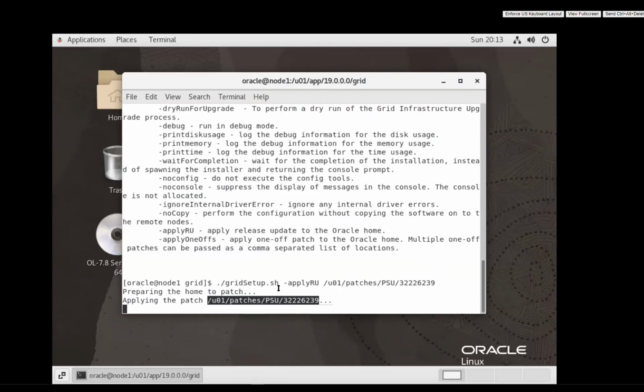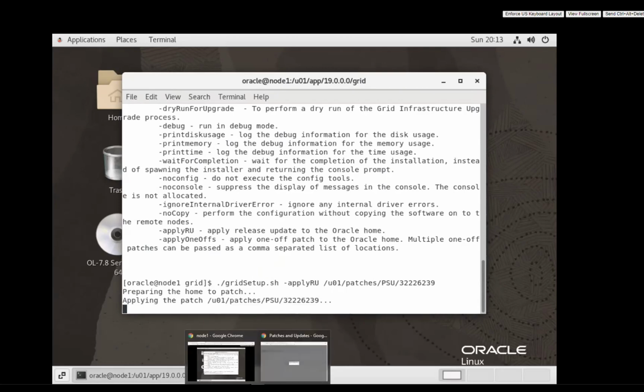When it comes to the actual upgrade window, I'll come back and run the root gridSetup.sh again. I will not apply this particular patch because it was already applied as part of the pre-check. I'll show you how it works, so that I can minimize the patching window during the actual patching time. There's no hard rule there. The moment it launches your GUI screen, you can just close it, so you can stop the further steps. Any questions so far? So far it's all straightforward.